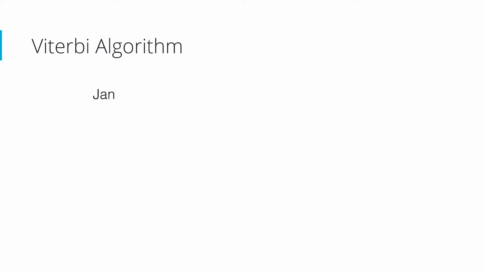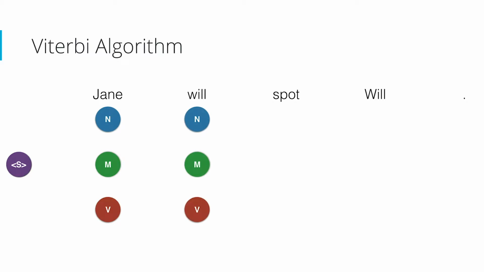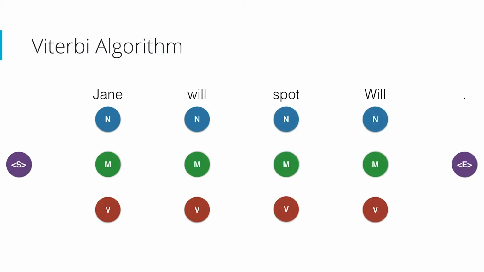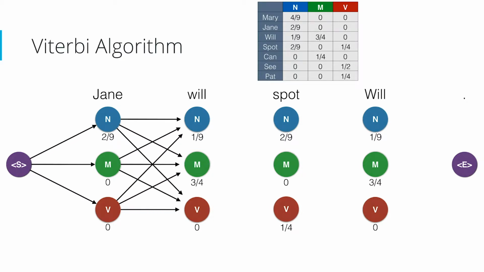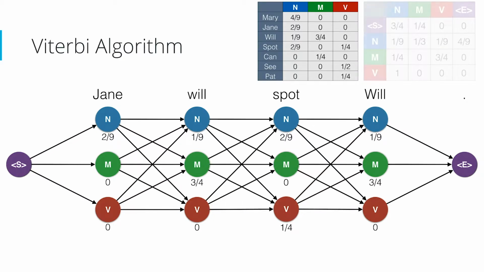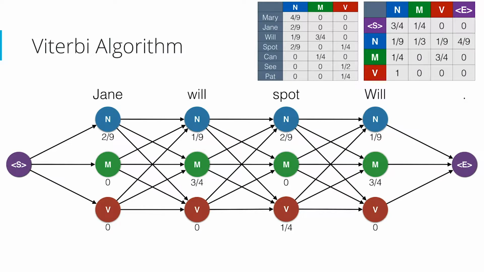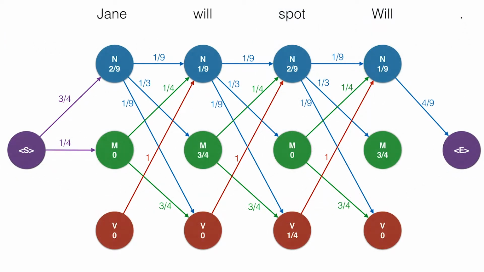In this video, we'll develop the Viterbi algorithm in detail for this example. And if you've seen dynamic programming, that's exactly what we're doing. So here's our trellis diagram with the two probability tables, emission and transition. Let's draw this a bit larger with all the probabilities.